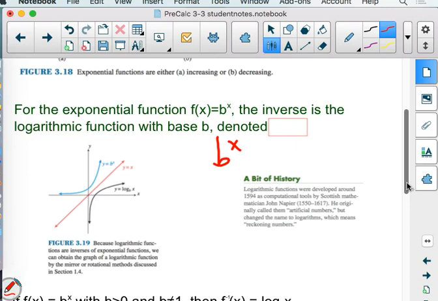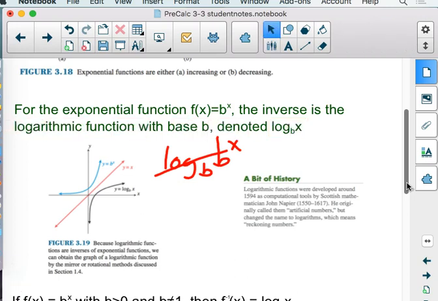Well, when you have unknown powers, you use logarithms to get rid of them, and you have to make the bases match. So logarithm base b would make all of that drop out, and we would get x. So that's why it works. Logarithm base b of x. We have to have the bases match. That's how we undo